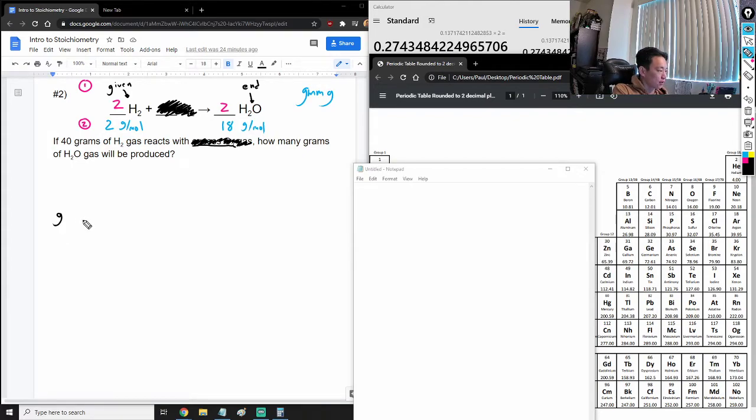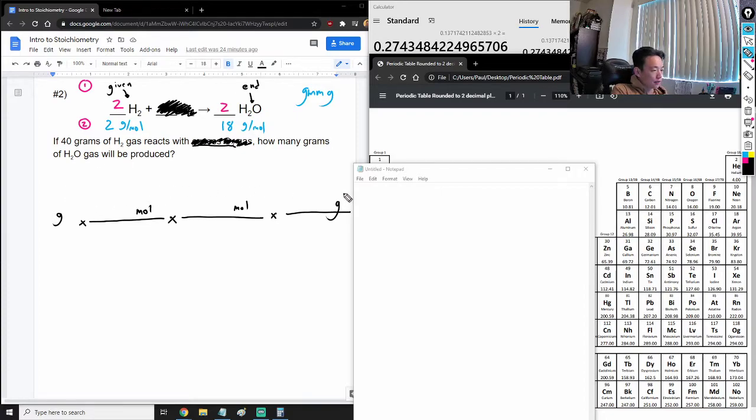We're going to have grams. We're going to set up a fraction, and then we're going to put moles, right? Gamama, and then the third fraction we're going to do moles, g. And then the last fraction we're going to do grams. So if you feel more comfortable doing this, you can just set up your fractions first and then just fill it in as you go along. Okay? Alright, so